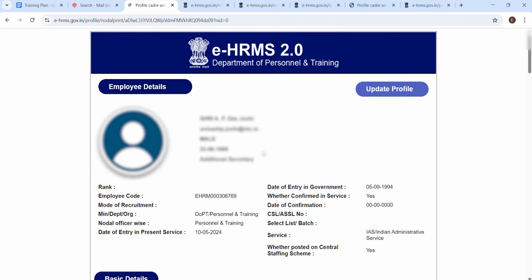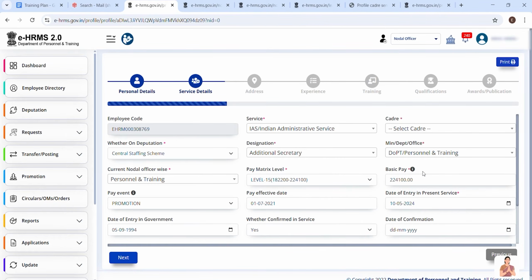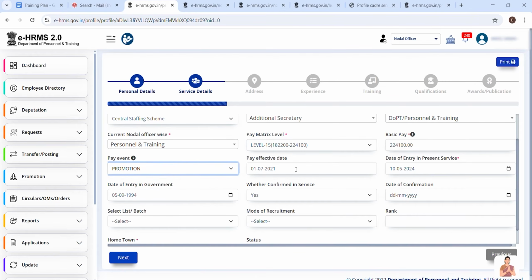Here is the entire My Profile section of the employee. If anything needs to be rectified, the Nodal may click on Update Profile, and here all the fields are editable for the Nodal Officer, including additional details of service like date of entry, confirmation status, mode of recruitment, rank, hometown and status of active or inactive. After updation, the same needs to be submitted to update the status.